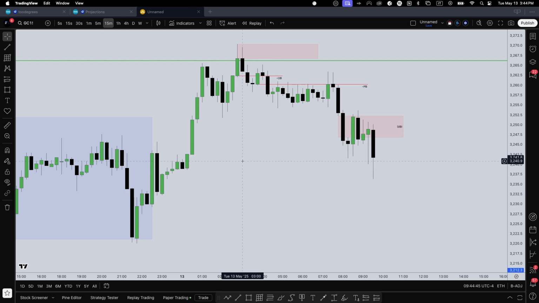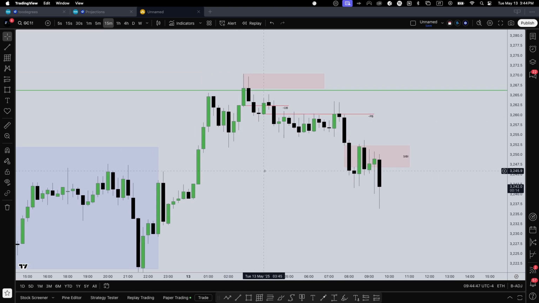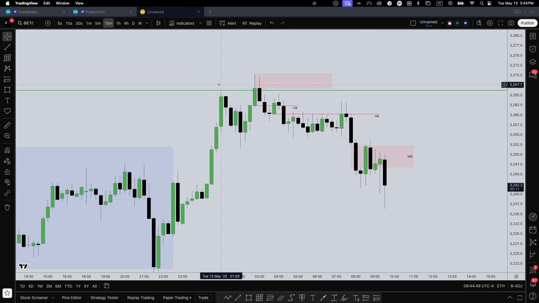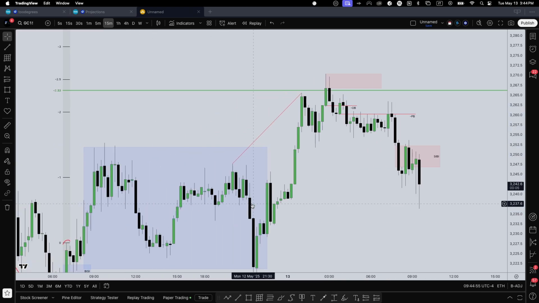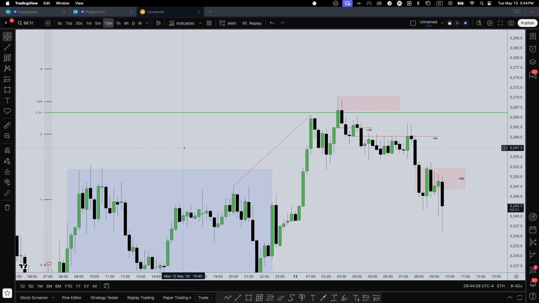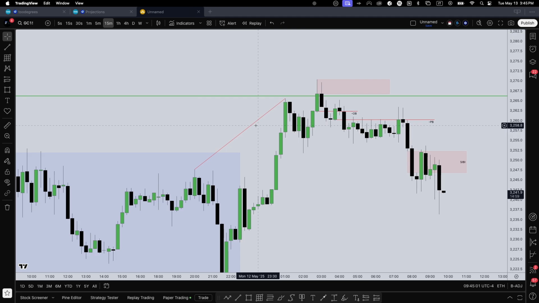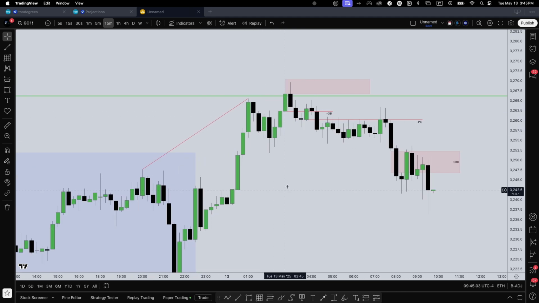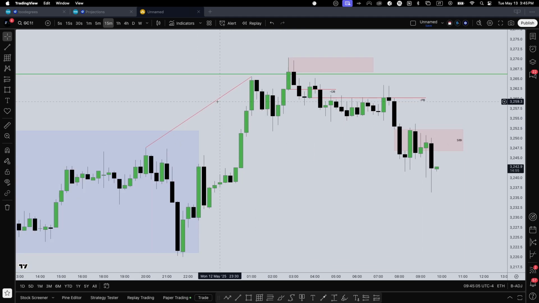Projection on the downside. Where is the high resistance liquidity run? I mean, I don't know if I can count this as a high resistance. That's kind of crazy, but for the sake of it, let's try it. And then on the left side, we don't really have much. So we kind of have to either submit to this idea, which is kind of crazy, or